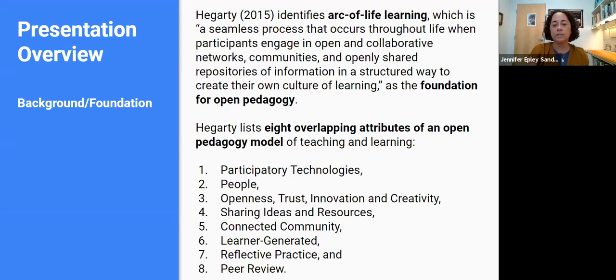As we've mentioned, they are overlapping and they might vary or need to be adapted depending on the course and the professor, the student population, institutions, as well as the political, environmental, economic, and climate context, the larger context in which we are operating in higher education.